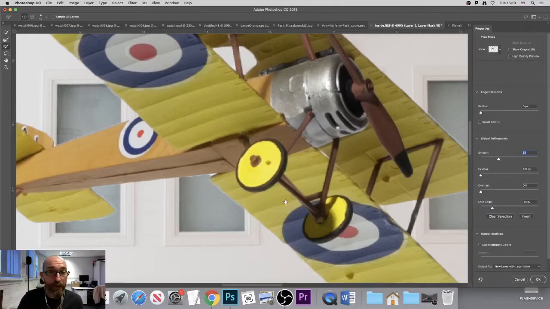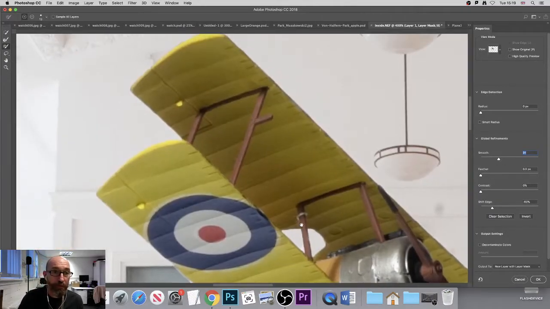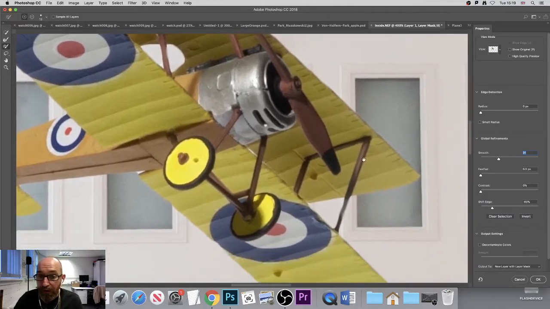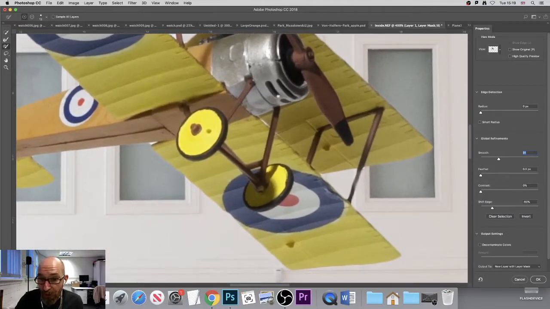Okay, so that's done a fairly good job. Okay, and this might be enough to get the ball over the net as such. So you can see we've got no halos down the back of the plane here. It's a little bit wobbly, but it's not too bad. I'd say the biggest issue we've got is this strut here,